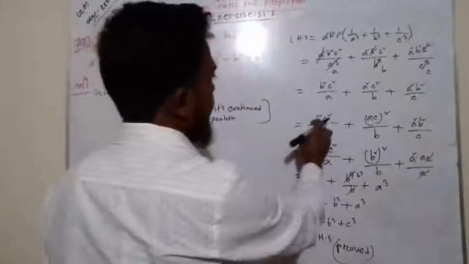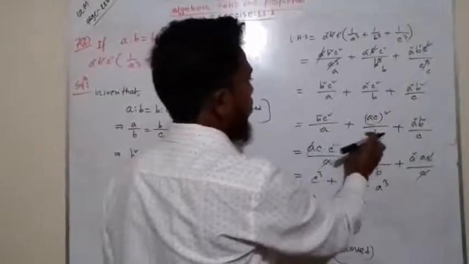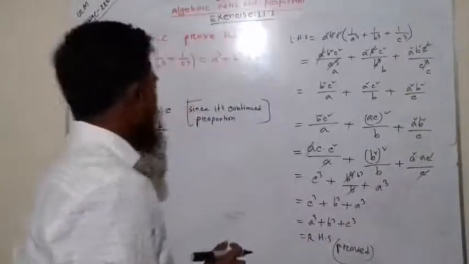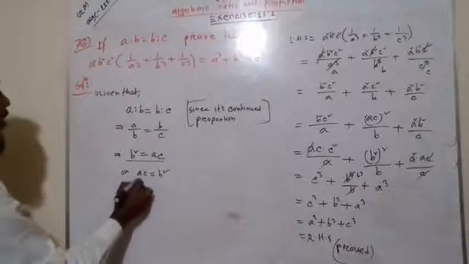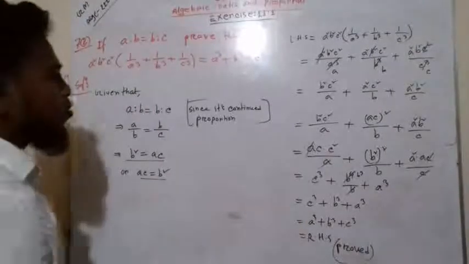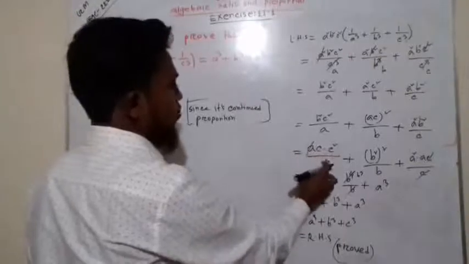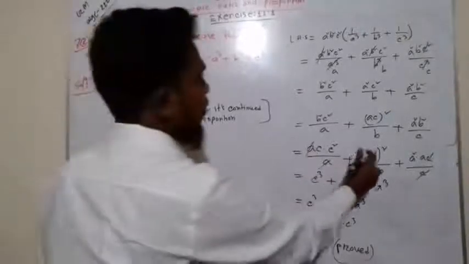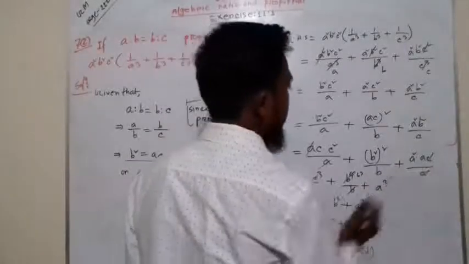This equals b²c²/a + (ac)²/b + a²b²/c. Now we put the value of b² equal to ac, or ac equal to b². So b² equals ac, here is ac into (ac)²...